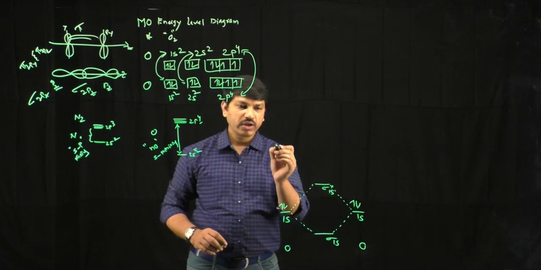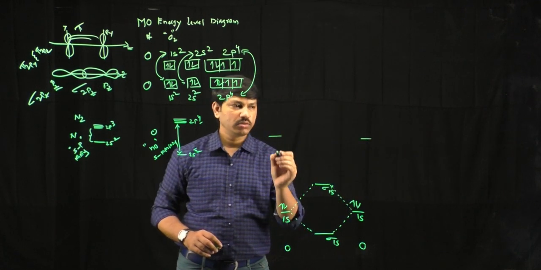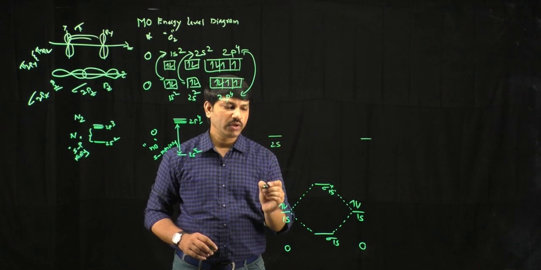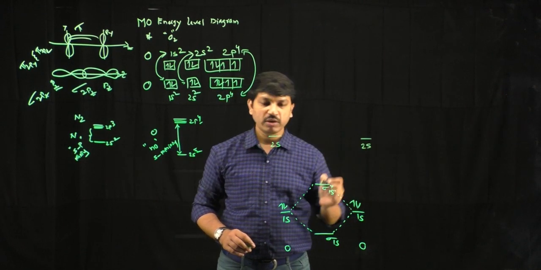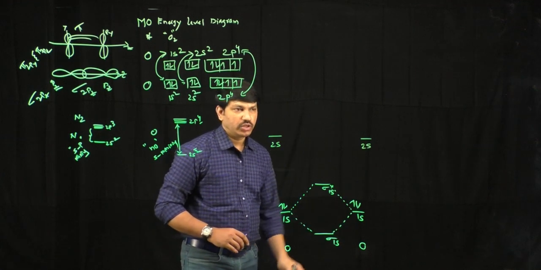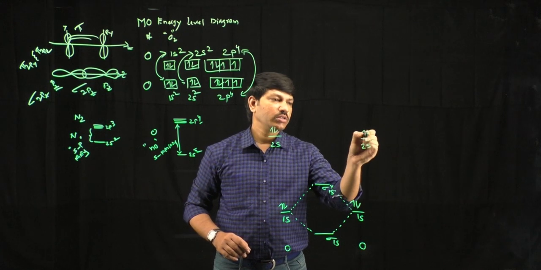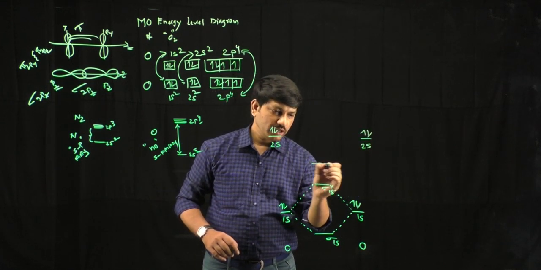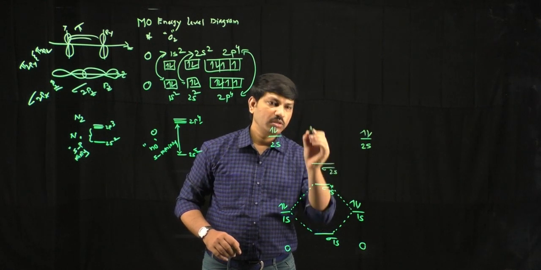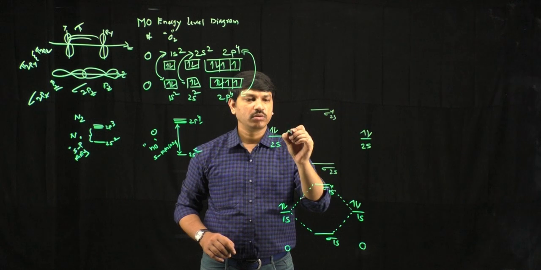So this is the first case. So after 1s, what we have is the 2s and 2s level. This is the 2s of the first oxygen atom. This is the 2s orbital of the second oxygen atom. Now each of these orbitals also contains 2 electrons in this manner. So now these two undergo linear combination and produce sigma 2s and sigma star 2s.